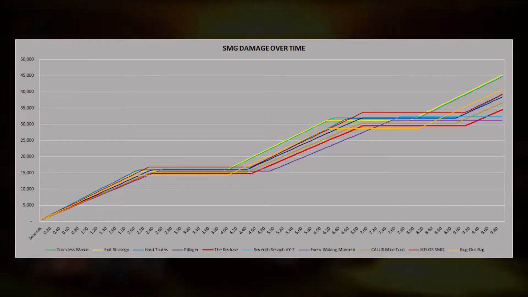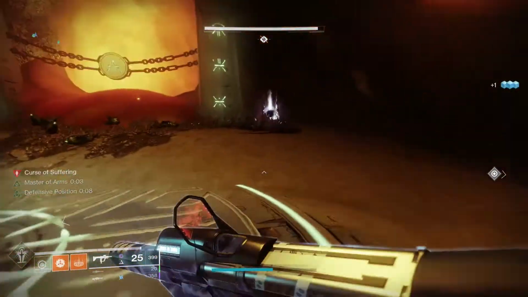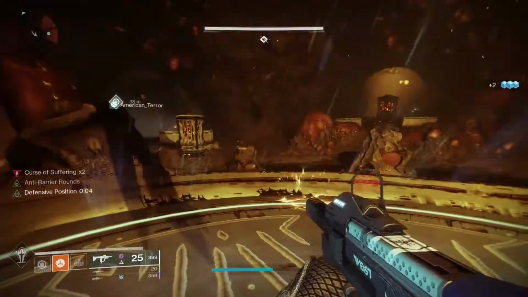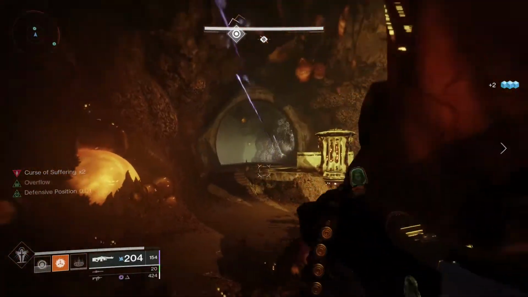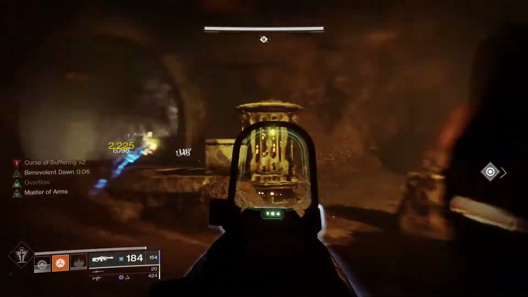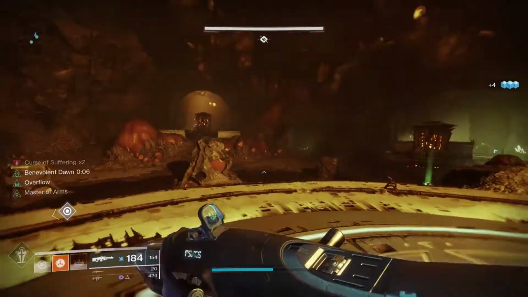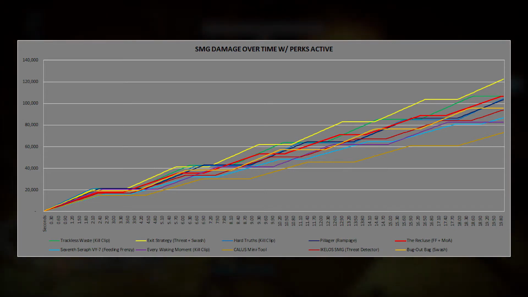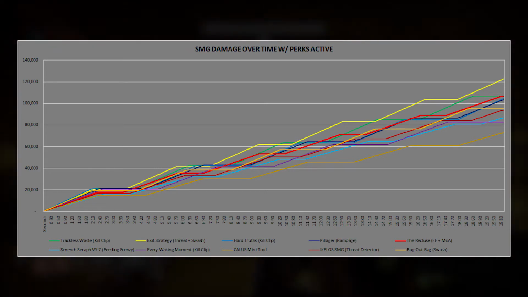as base damage goes. Now this is all good and fun, but in reality you're going to be proccing your damage and reload perks quite often on your weapons, especially on the Recluse once you start racking in kills. When we add in the perks of each weapon, a whole different story unfolds depending on the perks within each SMG. Regarding the weapons used in the test, Exit Strategy wipes the floor with sustained damage with both Swashbuckler and